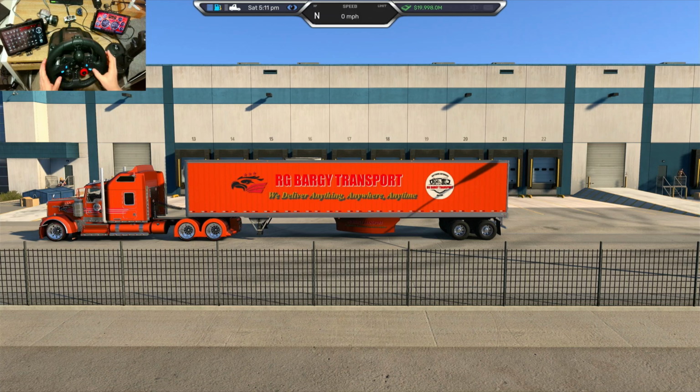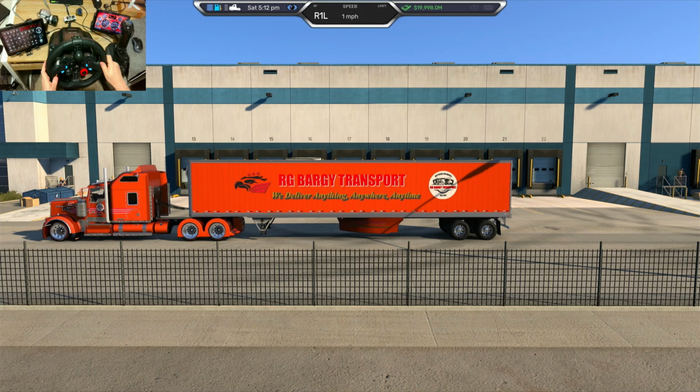So what we'll do is we'll now click that switch, and what you're doing by clicking that switch is you're locking the trailer brakes on and unlatching the slider. So again, by hitting it the first time, you're locking the trailer brakes on and unlatching the slider. Now to get it to move forward, you want to go in reverse, because you want the axles to stay where they are and the trailer to move back. So now we'll put it in reverse and we'll move back